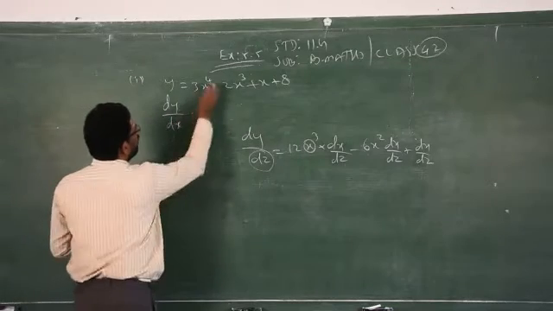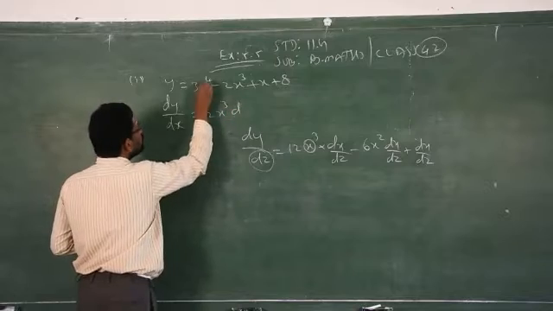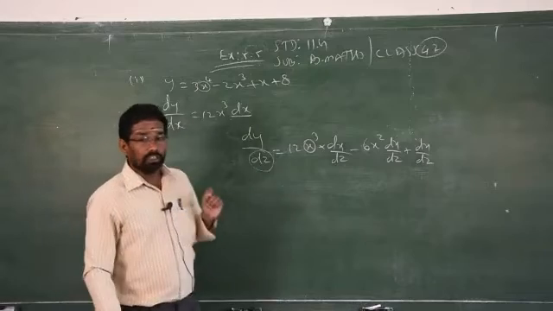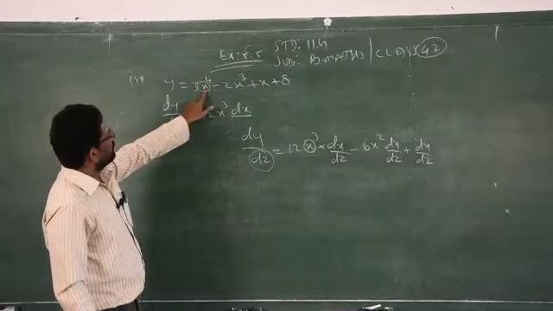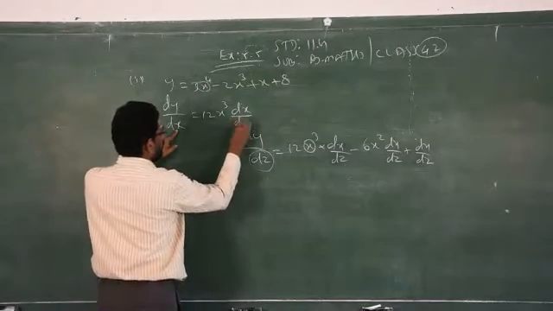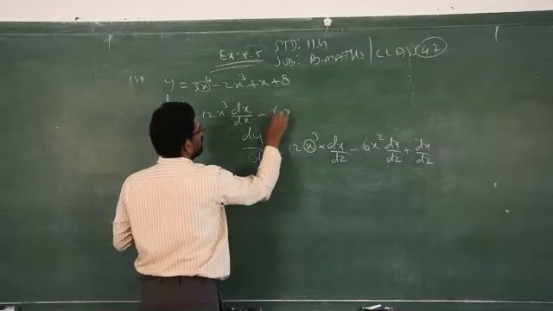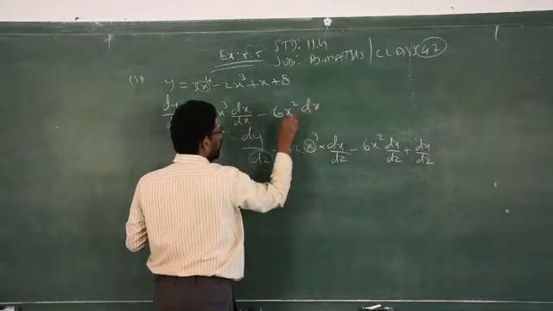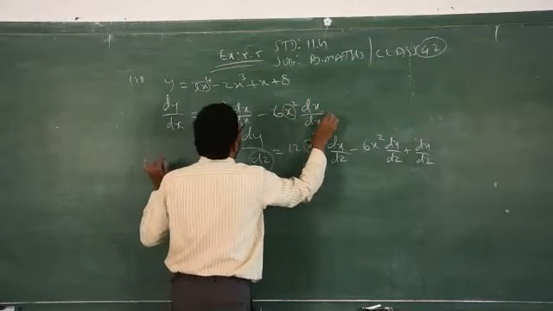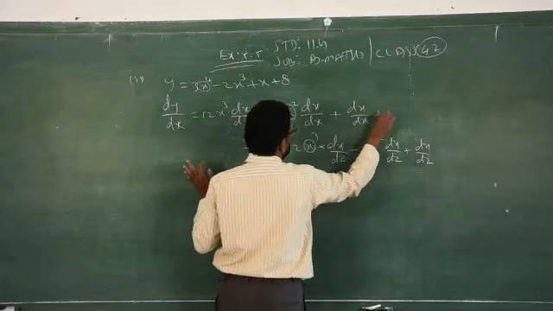But whereas here, 4 3s are 12, reduce 1 in the power. You are differentiating which variable? X, dx. D stands for differentiate. You are differentiating x with respect to which variable? X variable. Therefore, you have to write dx by dx. Minus 2, 3 2s are 6, 6x square. Again, you are differentiating the variable x with respect to the same variable. Plus dx by dx. No x, so 0.